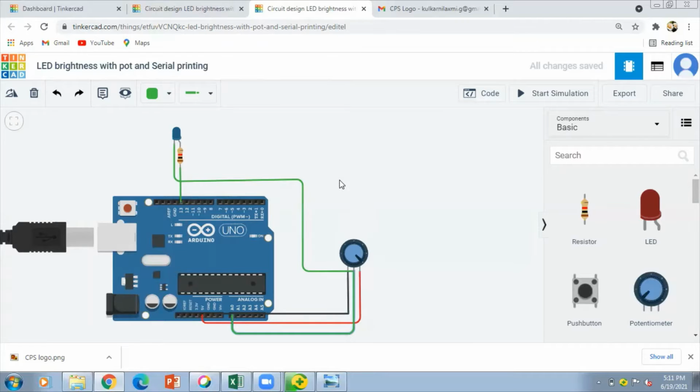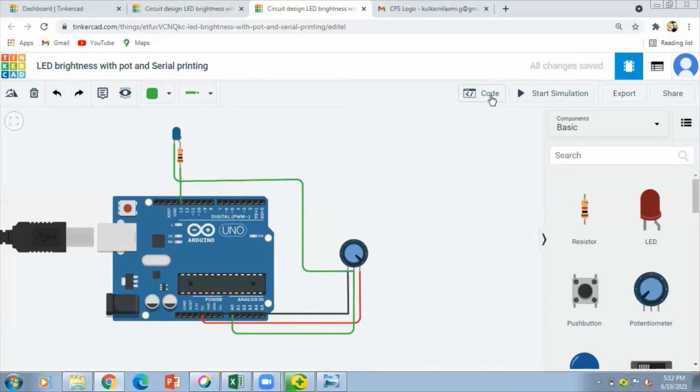We will also do this in another way, without connecting this wiper directly to the LED. First, we will see it with the wiper connected directly to one terminal of the LED.